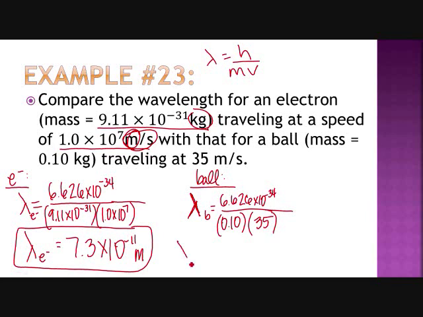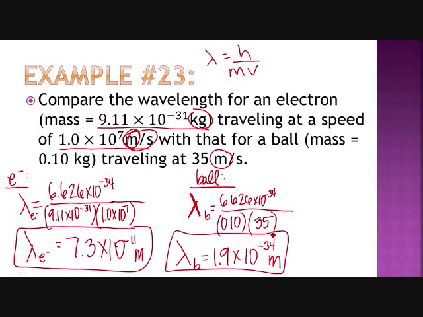Okay, so what did you get? Did you get times 10 to the negative 34? And this will also be meters because our velocity also has meters in it. So what does this mean? You're supposed to compare them. Which one's smaller? The ball's wavelength is a lot smaller than the electron's wavelength. The electron's wavelength is short, but